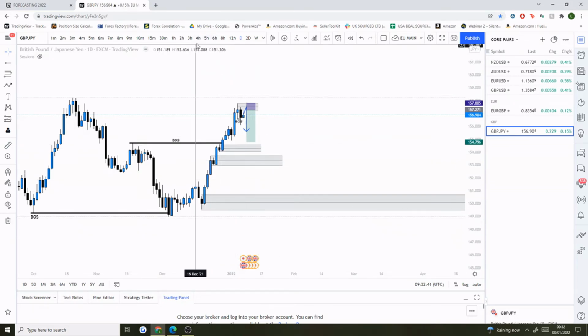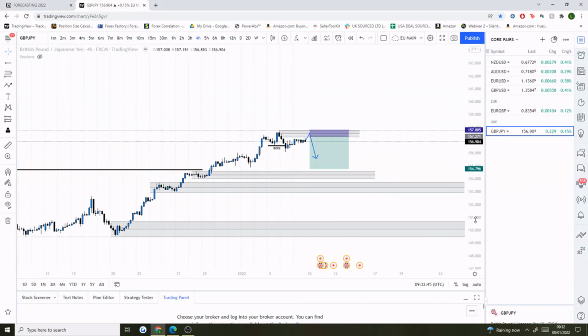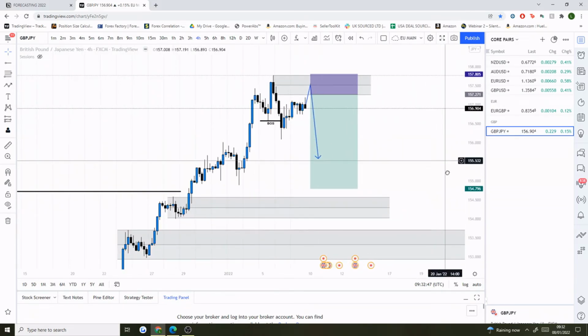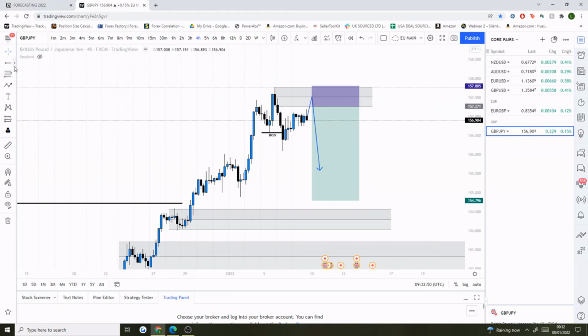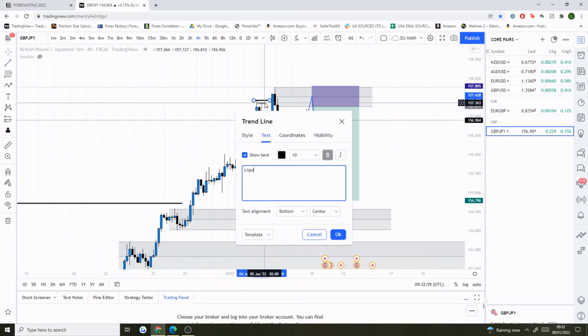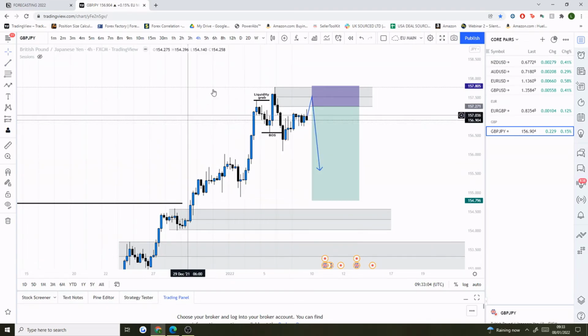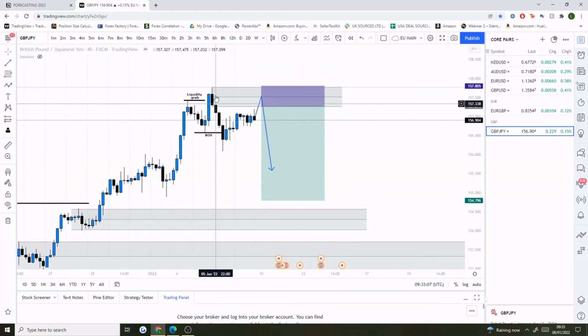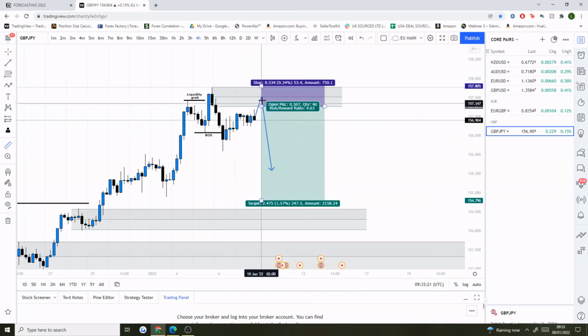And I think on pound yen right now, what's important to focus on is the 4-hour structure. So what we had was a break of structure, but it's now broken structure again to the low. So what this essentially becomes is a liquidity grab. So that liquidity grab there adds confluence to this point of interest. So we've got a liquidity grab at the high, which basically traps buyers. Then we've got a break of structure to the low, and now we're just retracing back up to this area,